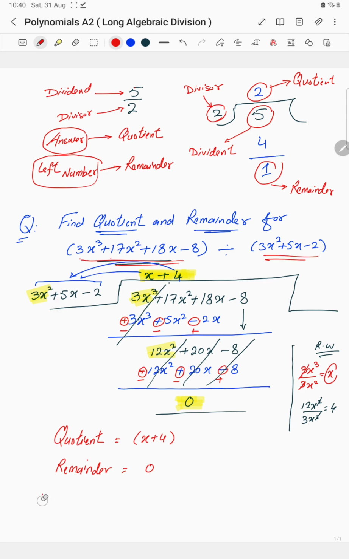Since you can write this, the question has been over here. I'm going to discuss one linked question. They can ask you to prove that 3x squared plus 5x minus 2 is a factor of the dividend. So it means the remainder must be 0. Since the remainder is 0, which shows that